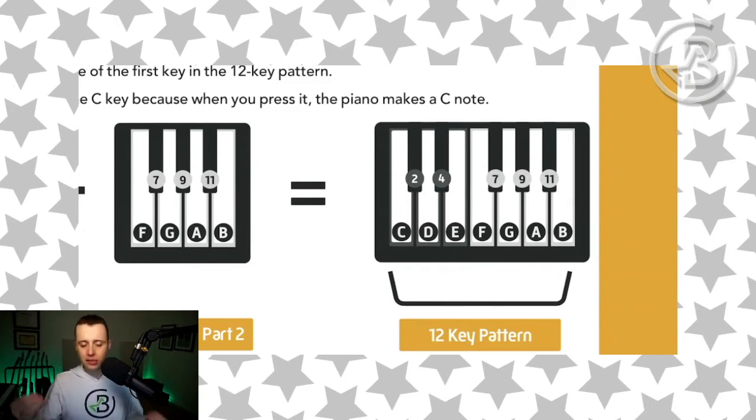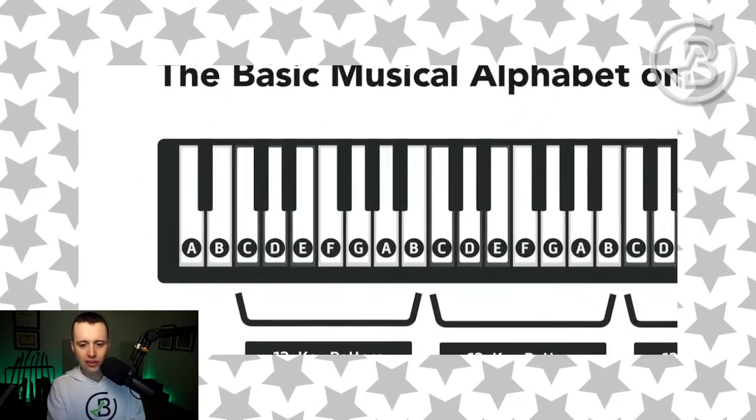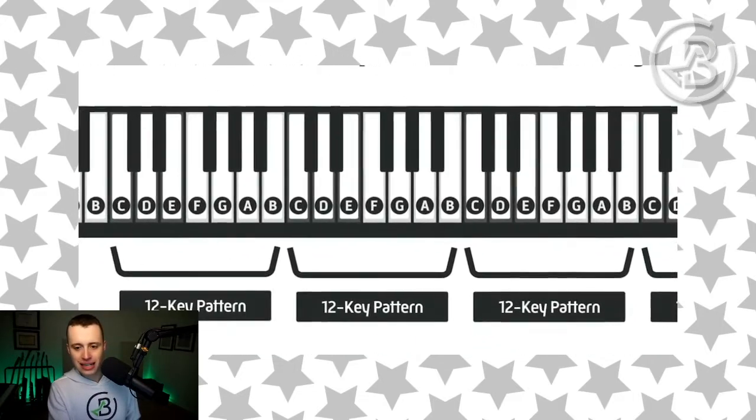Now, just like the 12 key pattern repeated from low to high on the keyboard, that's the same way the basic musical alphabet goes from low to high. It repeats A, B, C, D, E, F, G over and over again. And we're going to see the same thing here. Let's take a look. Sure enough, A, B, C, D, E, F, G, A, B, C, D, E, F, G,